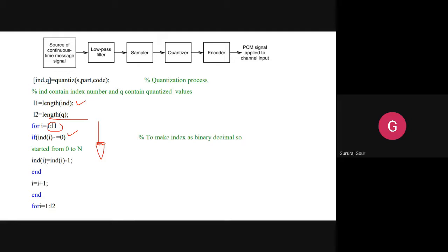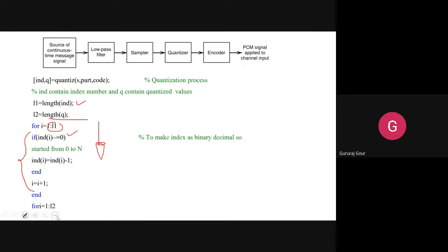Then we assign IND of I equal to IND of I minus 1 and I equal to I plus 1. We complete this; this is one separate loop. This ensures that you move to the next position by making sure it is a non-zero, positive value.